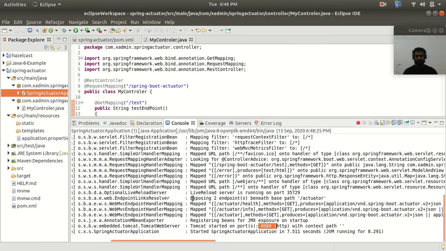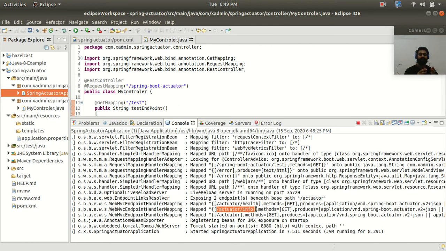And here you can see that we are exposed with two endpoints, /actuator/health and /actuator/info. These are the two endpoints which are enabled by default in Spring Boot version 2.x. Here we are using Spring Boot version 2.x, so that's why by default we are exposed with only two endpoints.